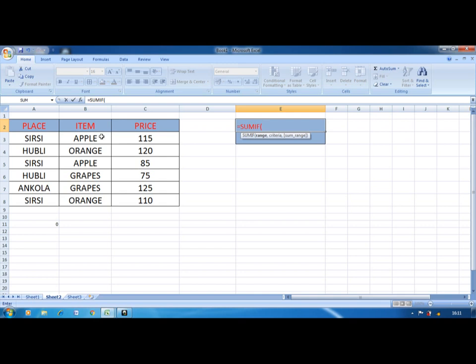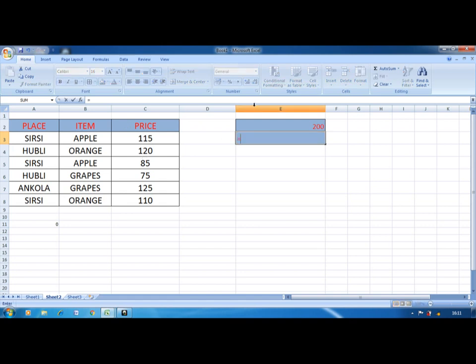So range I will take from here, then comma, criteria I have to enter as apple, comma, third one is the price list, it is the sum range. See, it is 200. 115 plus 85 is 200.